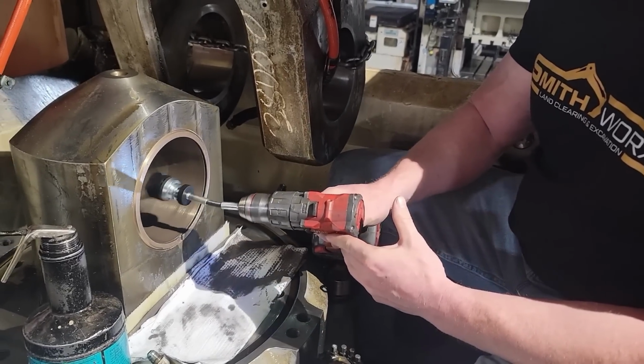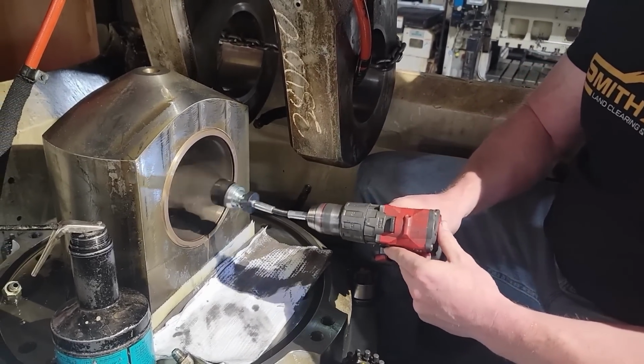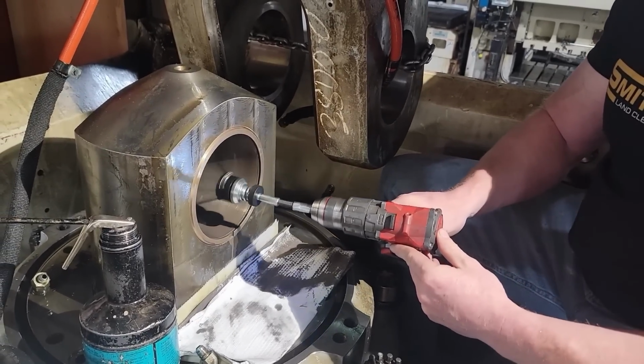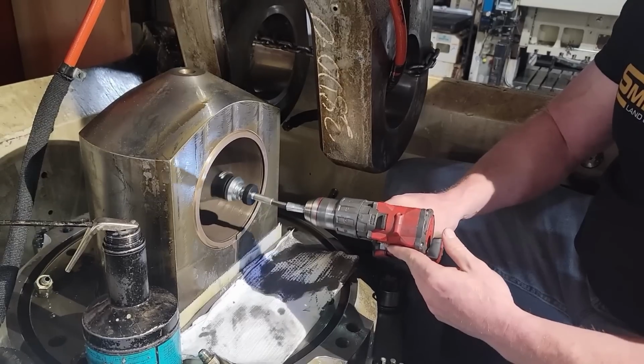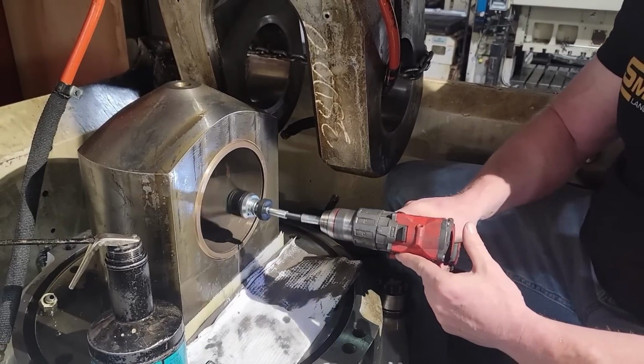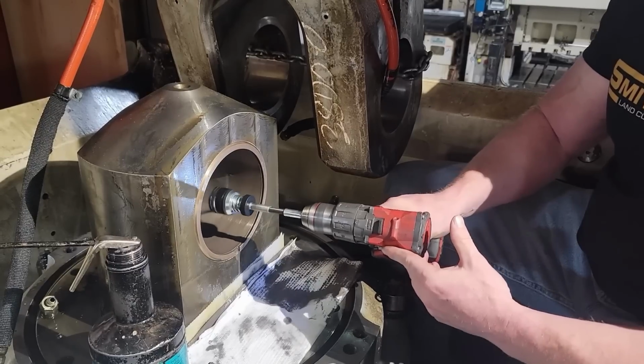But you just put some fresh oil in there and hone it. You know, try to be even going in and out with it. Like I said, we did this on just this press. I'll show you later in the video, we did another press, but they wanted to fix these presses before they